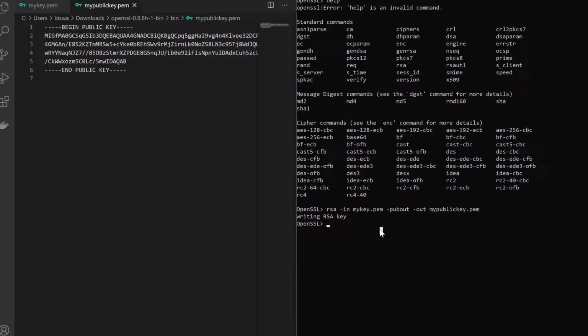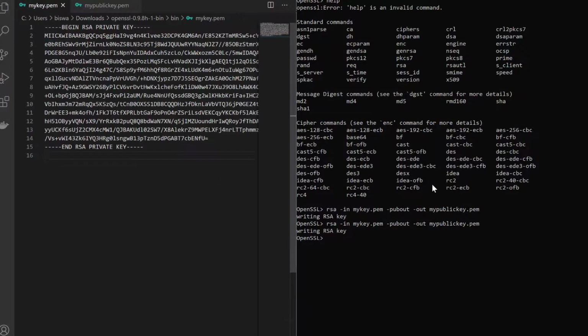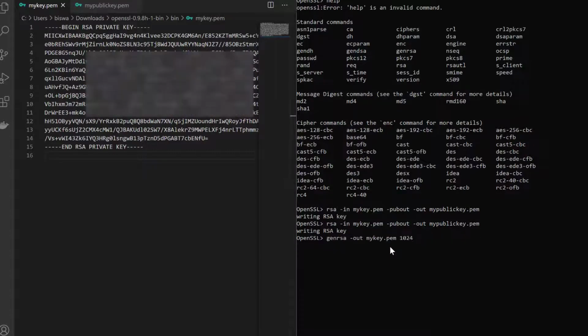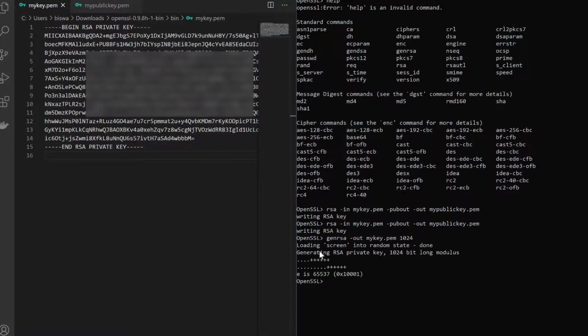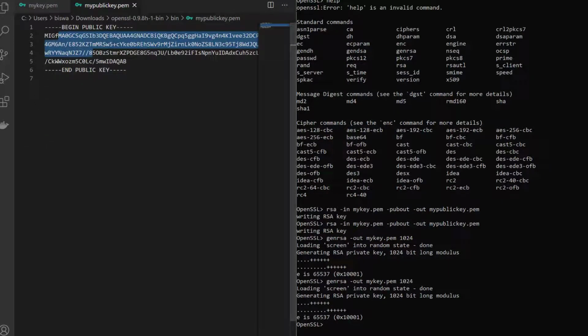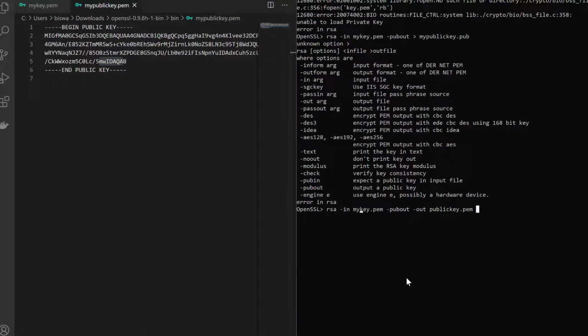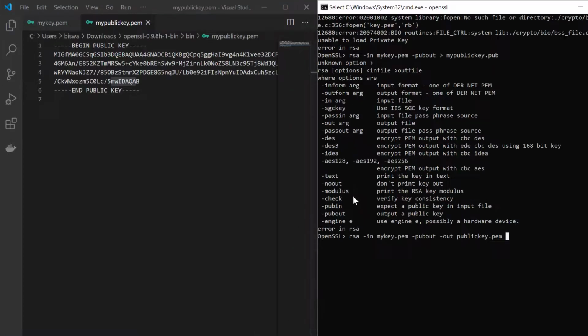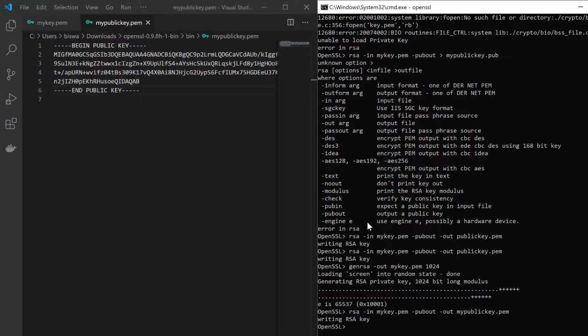Let's retry generating it and see whether it changes or not. I'll just click on the up arrow and click enter. As you can see, the public key for a private key remains the same, no matter how many times you generate it. But if we change our private key, for example, let's change our private key over here, 1024. Now let's go back to our public key file and regenerate the public key, and we'll see whether it is similar or it got changed using the new private key that we created. I've written the command for generating the public key. Now once I click enter, the public key will be generated. As you can see, the key got changed.